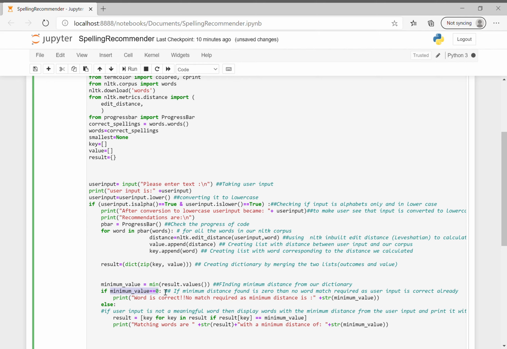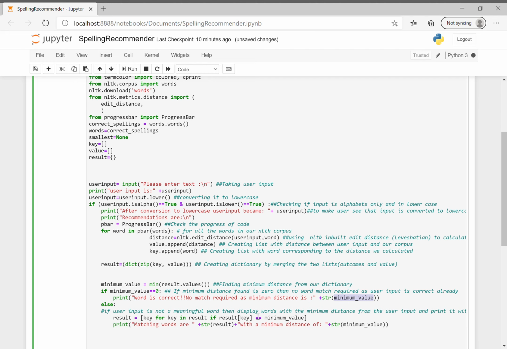So the user will get a notification saying that the word is correct and no match is required as the minimum distance is 0. However, if the minimum distance is not 0, that means there exist a word or some words which might be the possible input that the user was intending to type but mistyped.